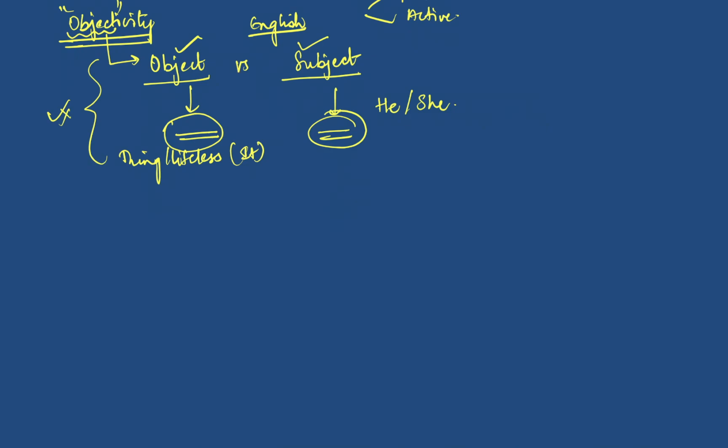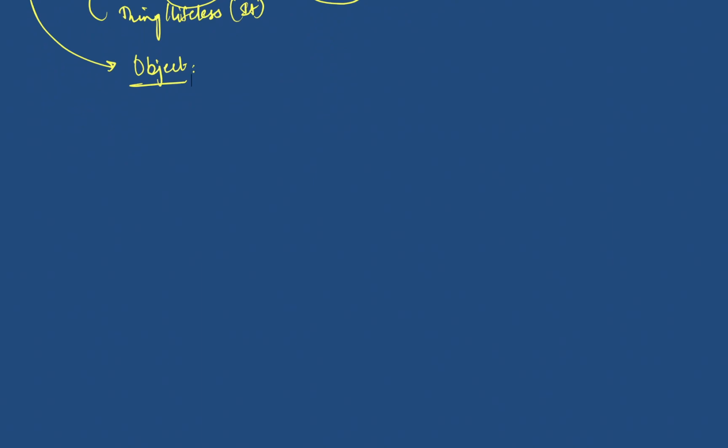But what I meant to say by objectivity is that object is something which is true for everyone, right? There are no values involved in object. So basically what I mean by no values involved is that for any person x, the thing will remain the same, right? So objectivity also comes in the definition of object only.